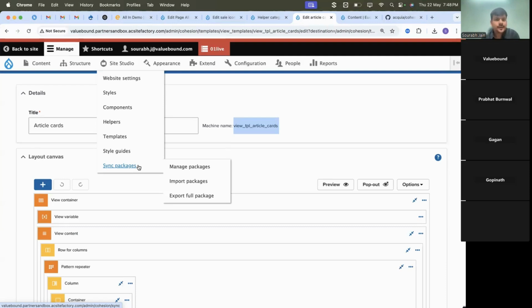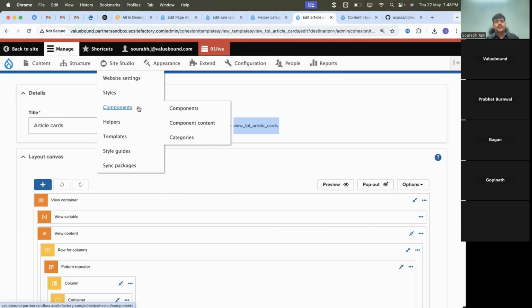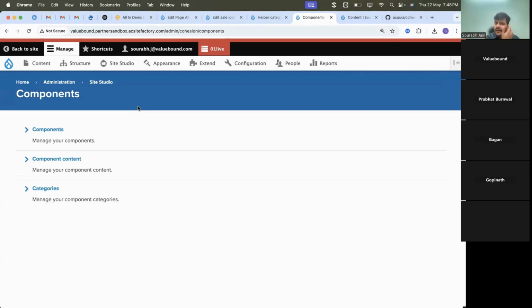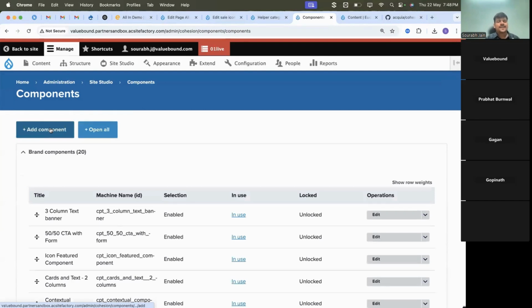Okay, thank you everyone. Now component, which is the major thing for Acquia Site Studio. In the component, we have three submenus. One is components, the second is component content, and third is category. First, going to the components. So what is a component? Let me take an example. Suppose you want to create a layout or fields where you want to take user input related to the title and description. So component